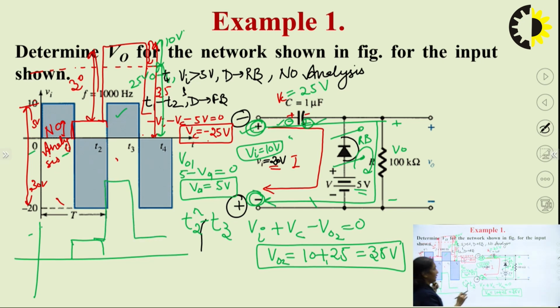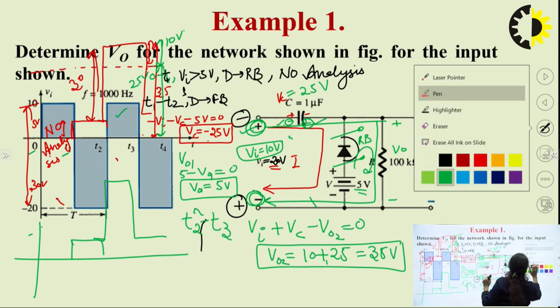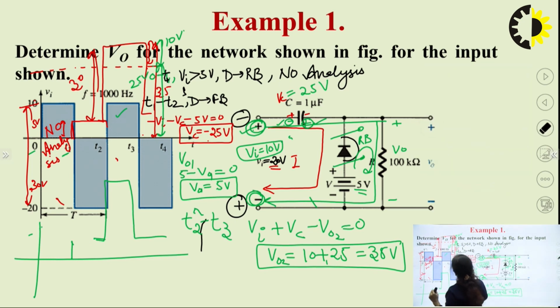This is my output signal. Here you can see, so 5 volt. This is 35 volt. And initially the signal was